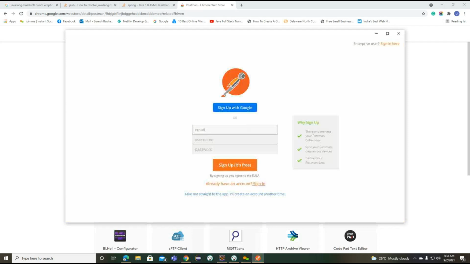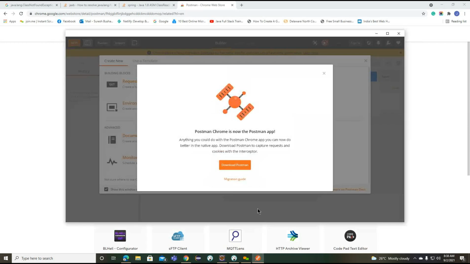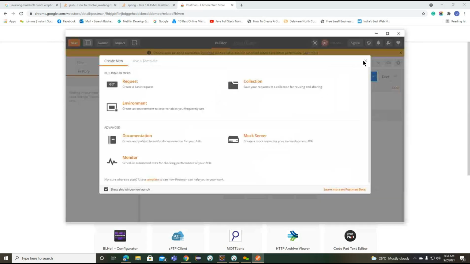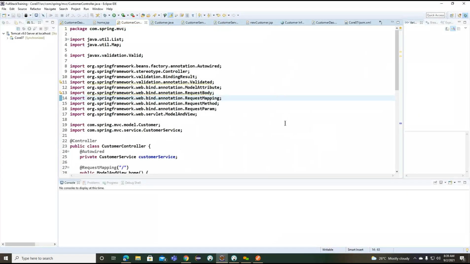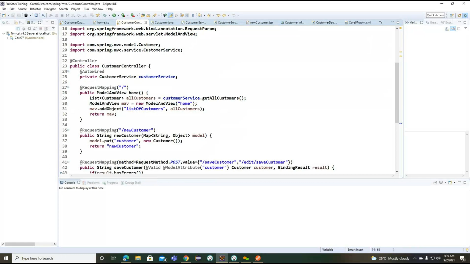Okay. So this particular Postman plugin is working here. So this is all about our Postman here. Using the Postman, how we are going to send a request here.